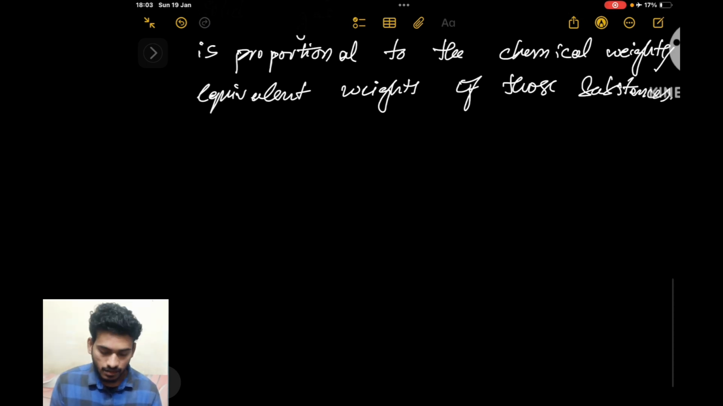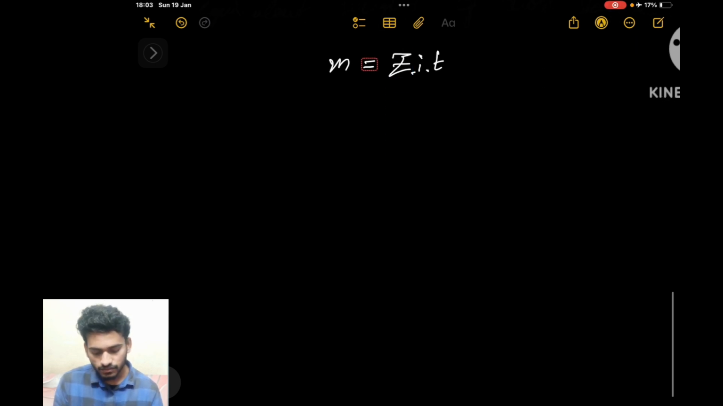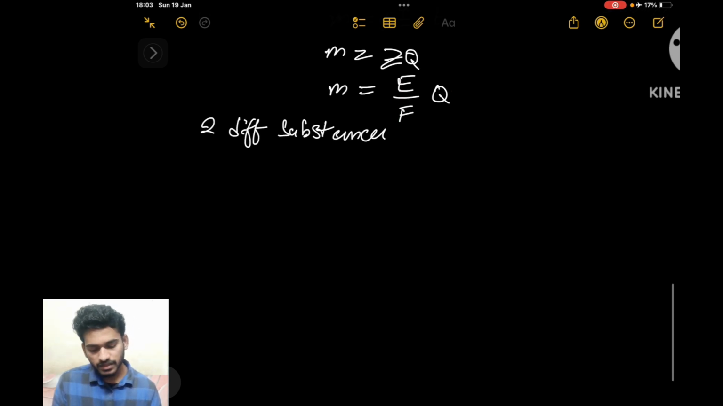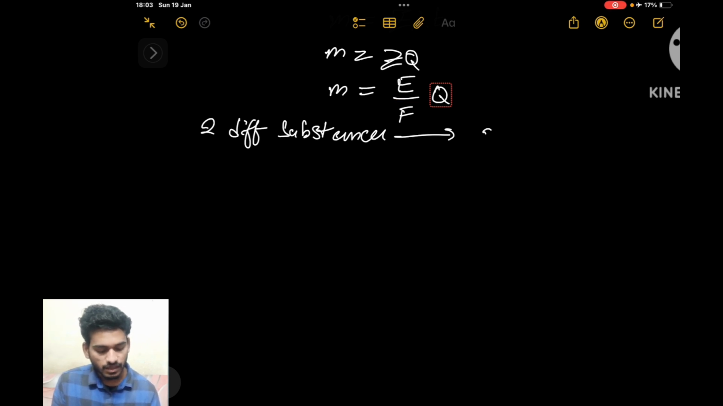That means from the first law we write M equals Z into I into t. So M equals ZQ. M equals E by F into Q. So when we take two different substances, which are obtained from two different electrolytes,